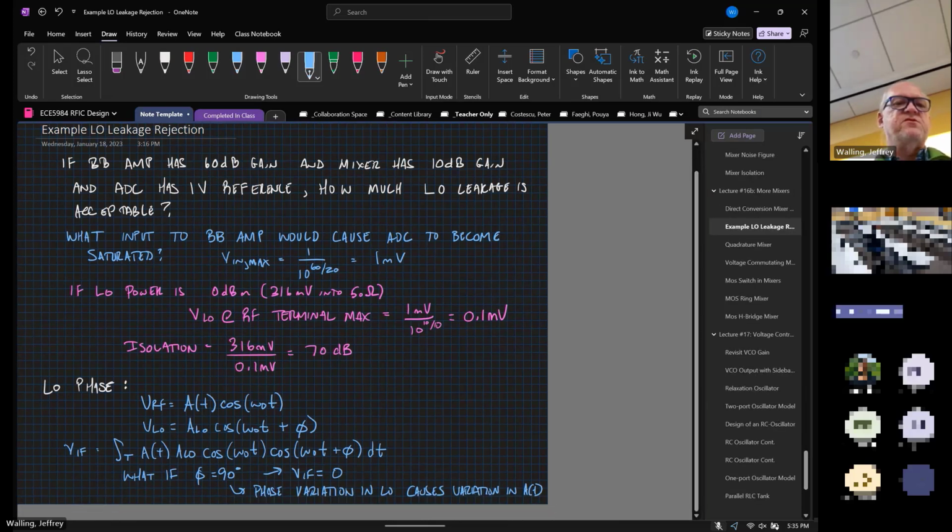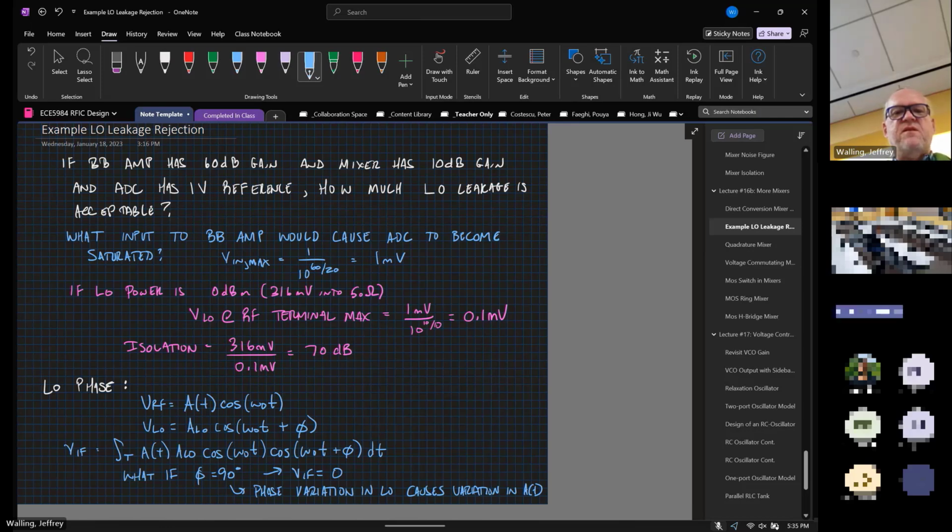This would be a system level spec that just says, ultimately we're going to mix a signal down to baseband, and